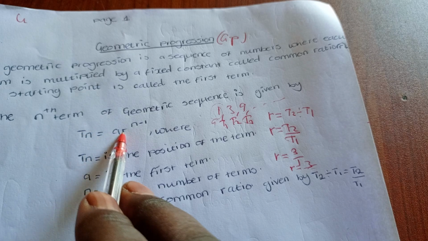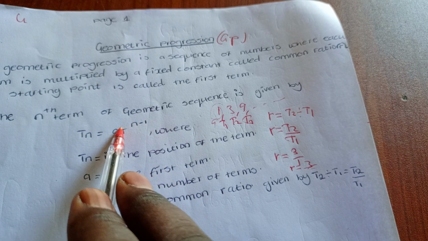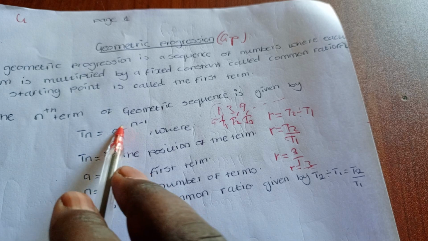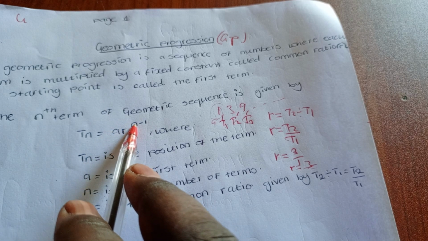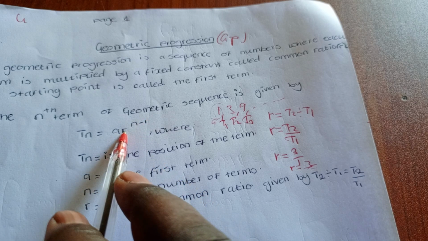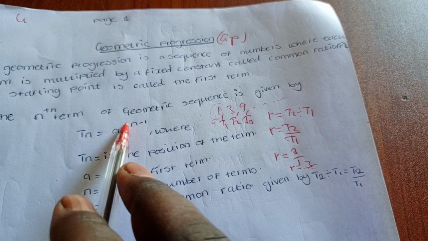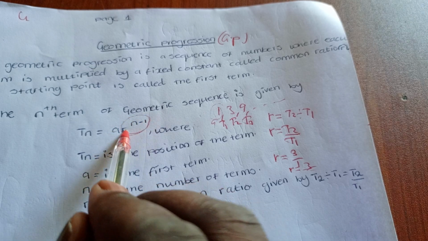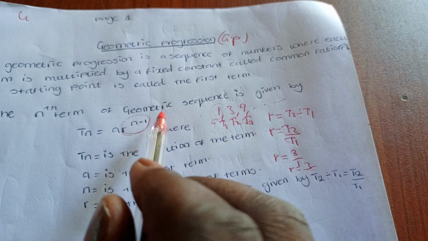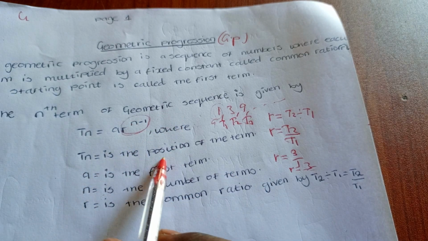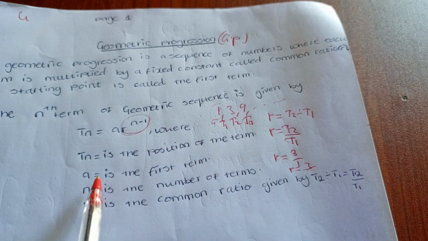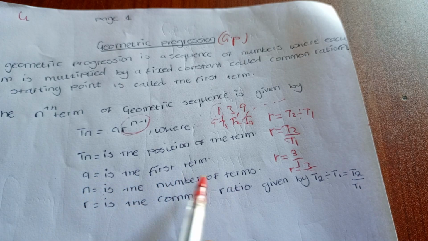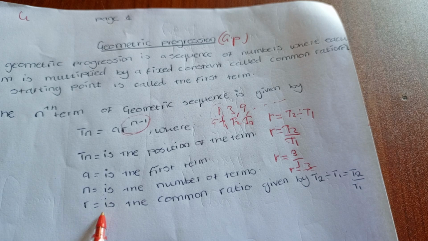Tn is equal to AR to the power n minus 1. So this is the first term, which is A, and my R here is the common ratio, and n is the number of terms, minus 1. So don't forget, this power is on R alone. We have R to the power n minus 1, where Tn is the position of the term, A is the first term, n is the number of terms, and R is the common ratio given by